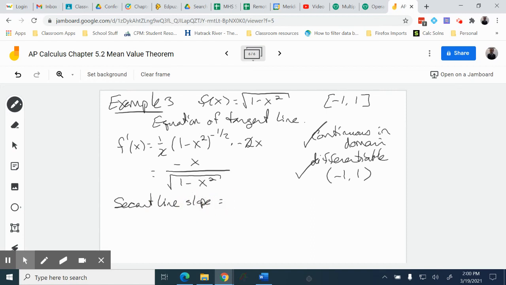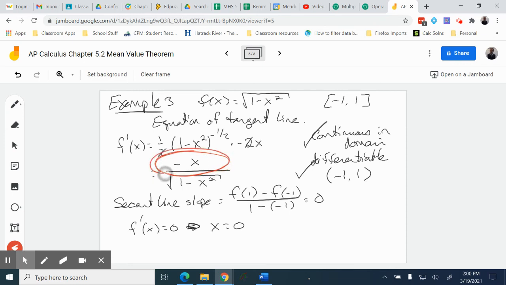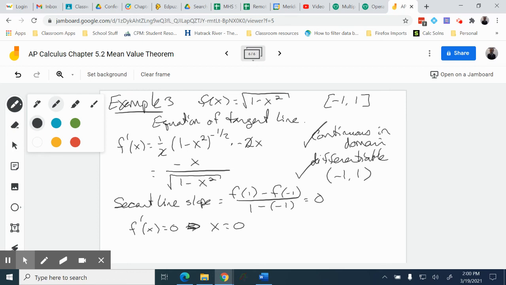That will be equal to f of 1 minus f of -1 divided by 1 minus -1, and that's equal to 0. So we're looking for f prime of x equal to 0, and we get that x must be equal to 0. We're just doing that by inspection, since the numerator has to be equal to 0 to make this true. The only possibility is that x is equal to 0. So then the question is,